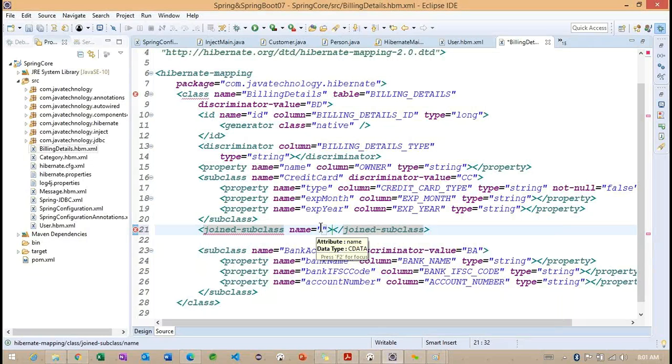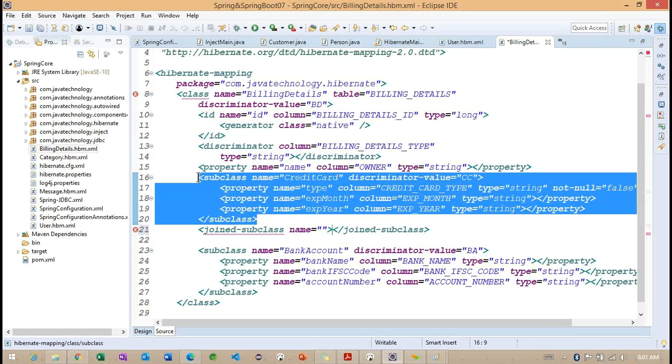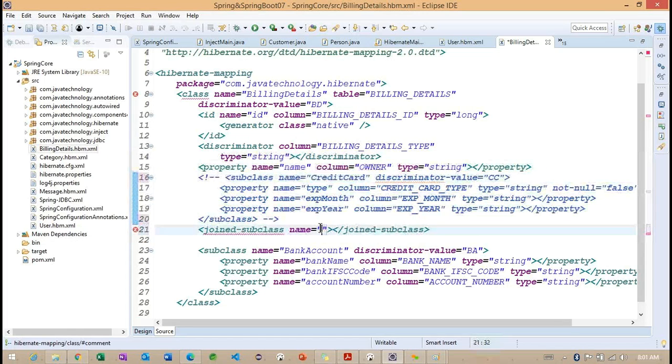And what is the name of the subclass? Credit card. And what is the table here? Because, as I explained, we are going to work with different tables here. Right. So let me provide this information also. I want to comment this section and let me copy the name credit card.